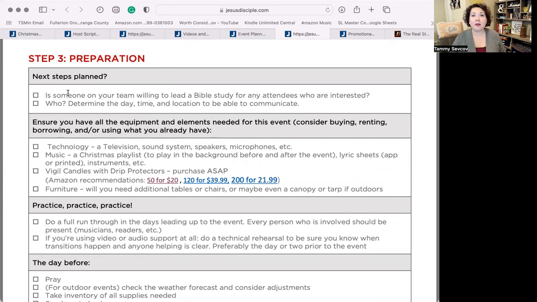So thinking through, it might not be you, but is there someone on the team who could host that Bible study? It doesn't have to be in your house. You could say it's going to be around the corner or over a few miles the next direction. But maybe it is in your house, but it's hosted by someone else or led by someone else. That's great. But knowing that and being able to communicate it clearly on the day of the outreach is really important. So make sure you're settled on that before the day of the outreach, when it's going to start, where it's going to be, so that you can give that information to everybody. That's going to be really helpful.